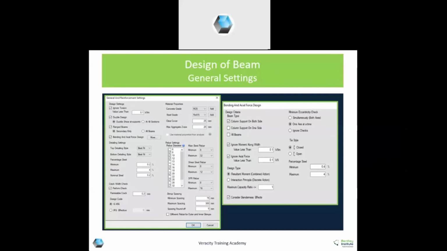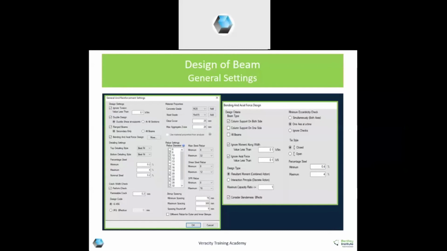Next is bending and axial force design. For our beam in 13920, axial force is limited to 0.08 fck. So that check, if you want to take, you have to take actually for all the buildings. But for that check, you have to mention whether it is for your main frame beams, or for secondary beams also. If you want to check the actual, then you can specify it as all beams.